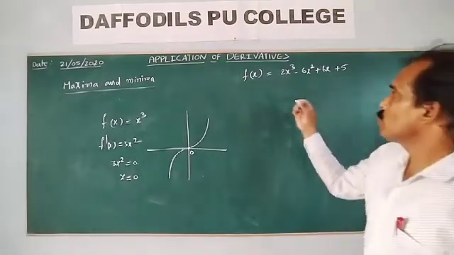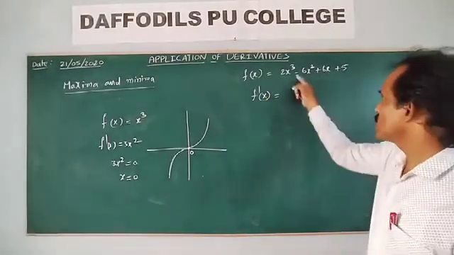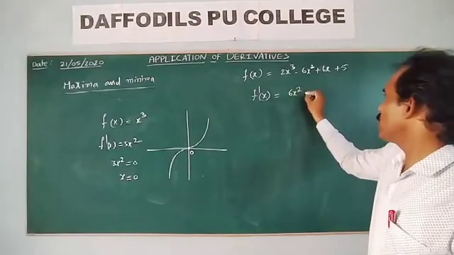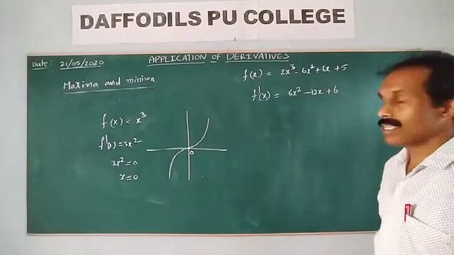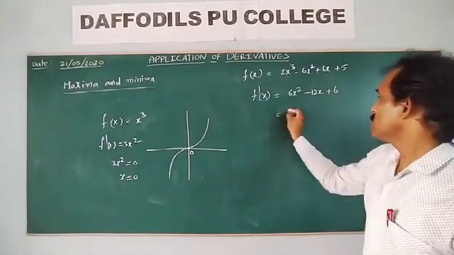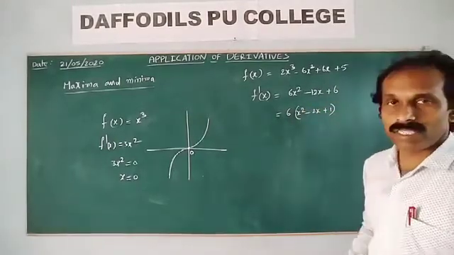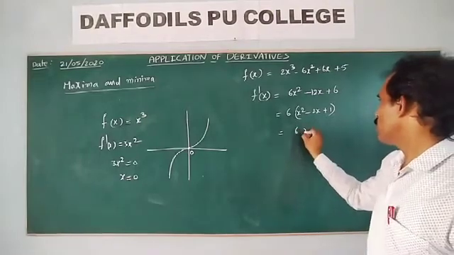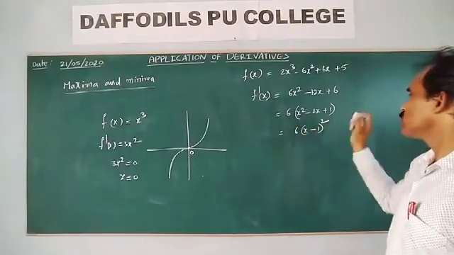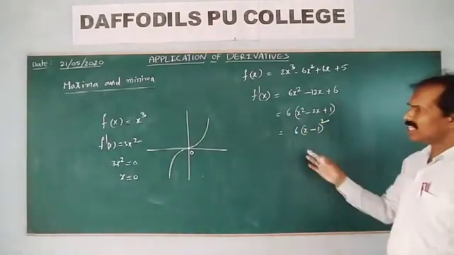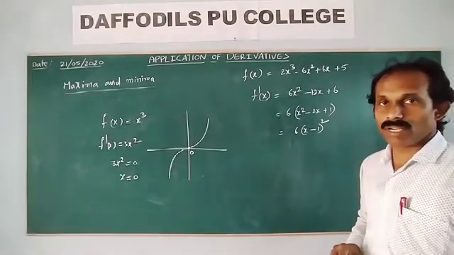Okay. So by using the first derivative test, what is f dash x? F dash x is 6x square minus 12x plus 6. Here the 6 is common: x square minus 2x plus 1 is equal to 0. That is a square minus 2ab plus b square, which can be written as x minus 1 whole square. Suppose for getting the critical point, f dash x is equal to 0. So x is clearly 1.